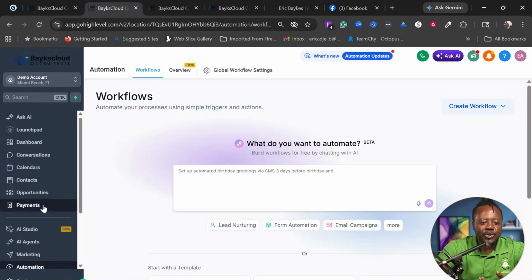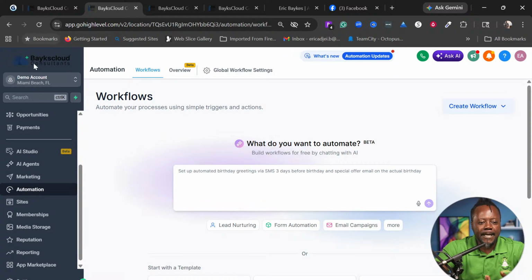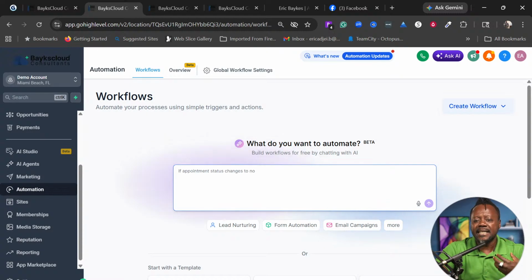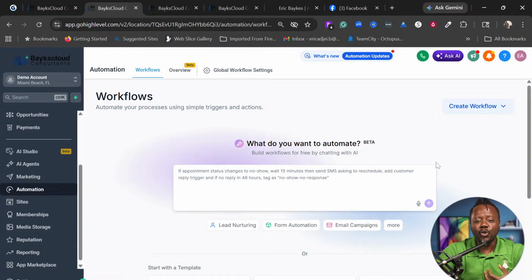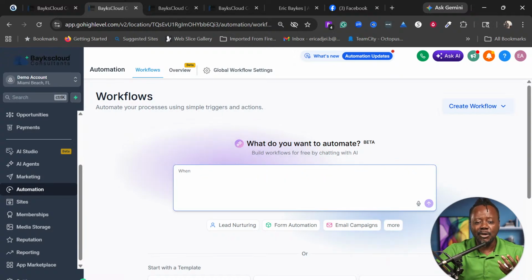So here, you want to be on automation. Same thing, you are in your sub account, you want to be in automation. Once you get to automation, you can see that here too, GoHighLevel has added an AI layer. So AI can build you automations from scratch. You just describe what you want in natural language, and it's going to build the workflow